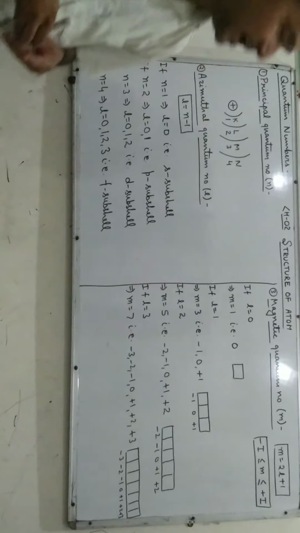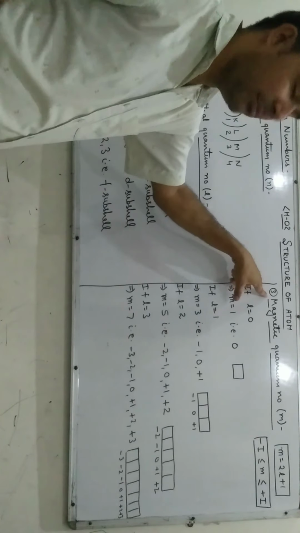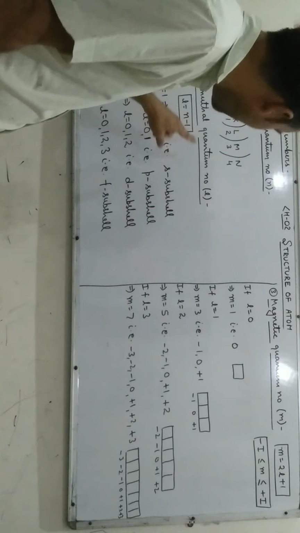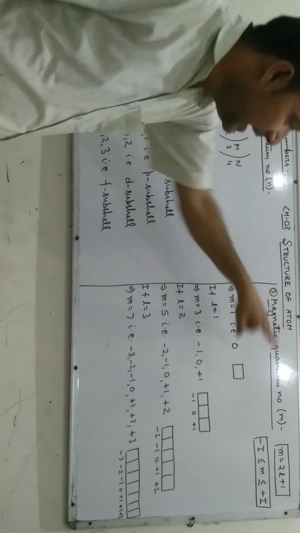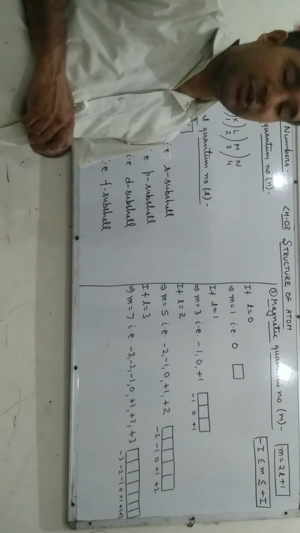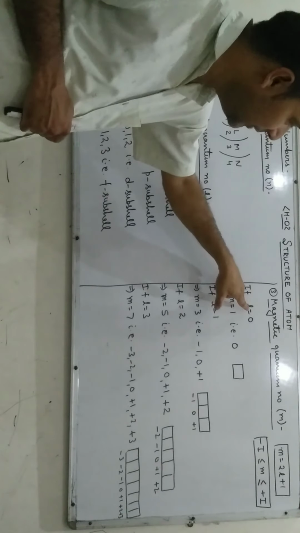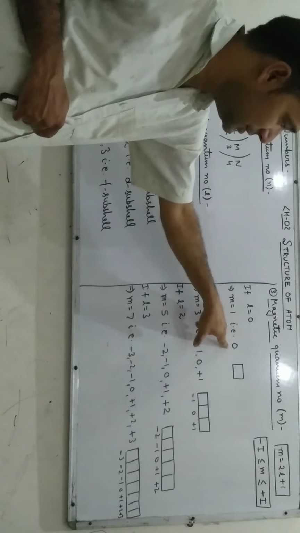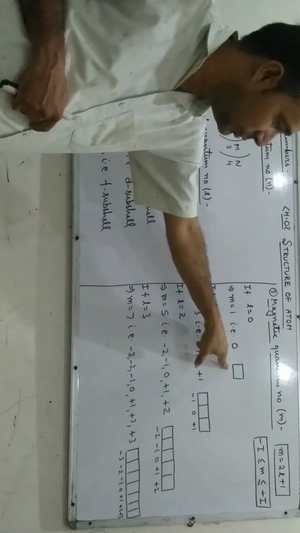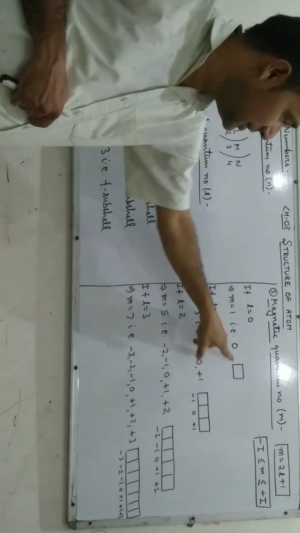plus 3. I repeat again, the magnetic quantum number indicates the orientation of the orbital. Its value is dependent on the azimuthal quantum number, that is l. m is equal to 2l plus 1. The value of m lies between minus integer to plus integer. If the value of l is equal to 0, then m is also 0. It has only one orbital. The s subshell has only one orbital whose orientation is 0.